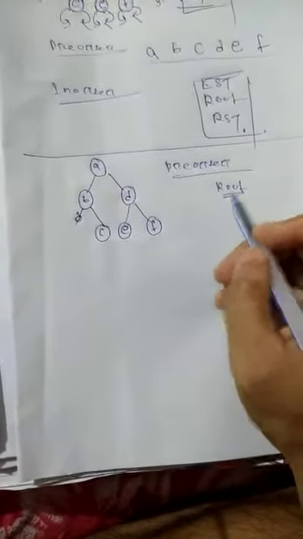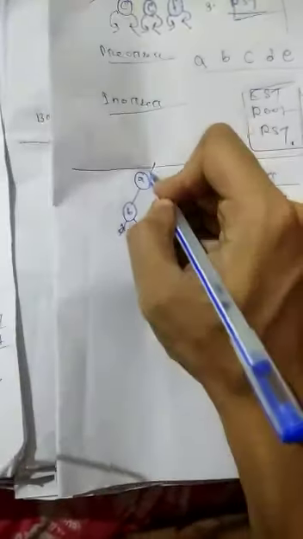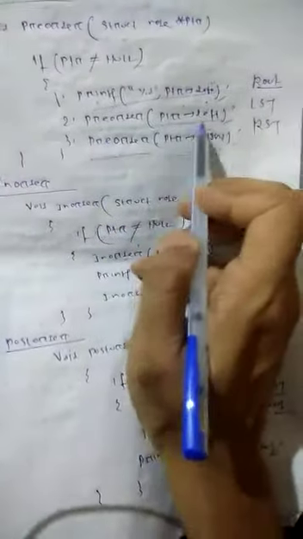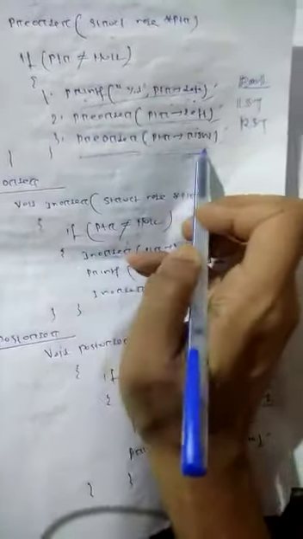First the root: whatever the data is in the root, you have to print it. Then we go to the left subtree, then we go to the right subtree. So we start here with ptr. There are 3 steps in the algorithm: 1, 2, 3. One is print the data, then pre-order on the left subtree, then pre-order on the right subtree.